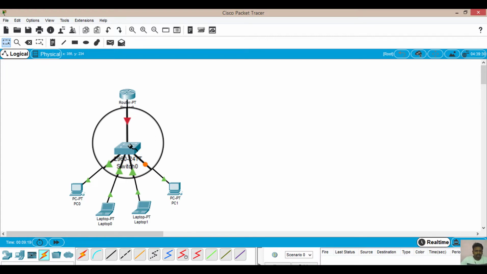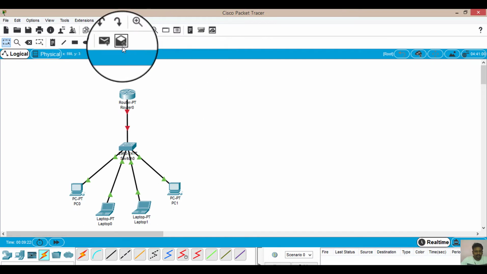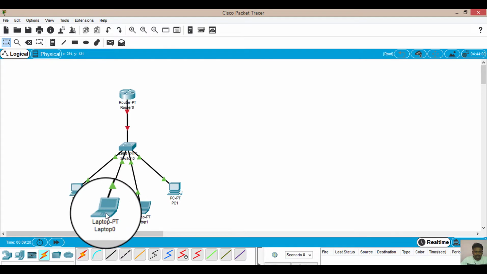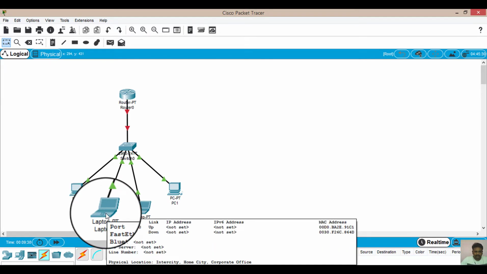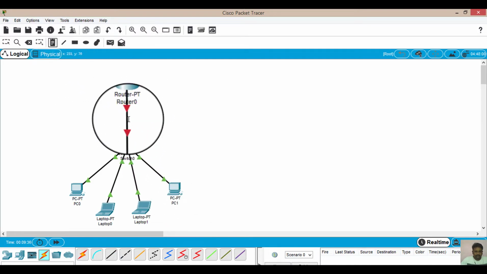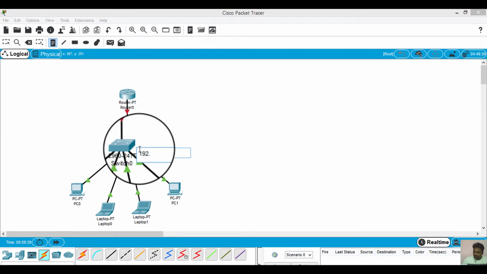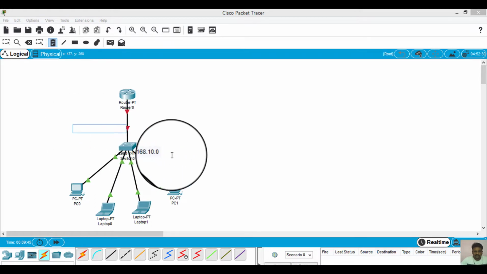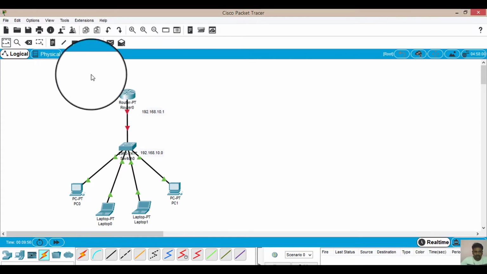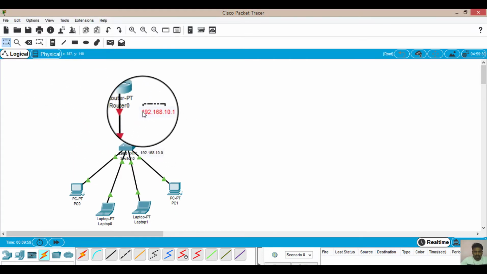What I have done is just physically connect these devices, but I haven't configured the individual systems yet. As you can see here, I haven't assigned any IP addresses to any of the systems. So how to start? Let's suppose I'm adding a note here. Let's suppose my network is 192.168.10.0. If so, what will be my gateway? The gateway will be 192.168.10.1. I can use 10.1 as my network gateway.